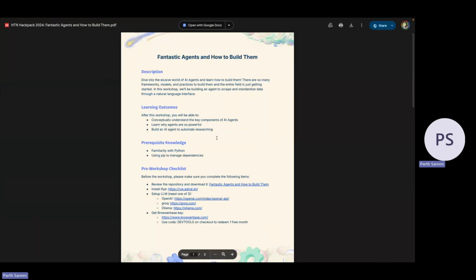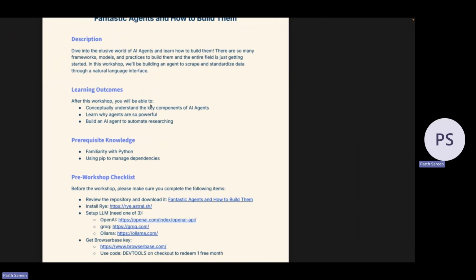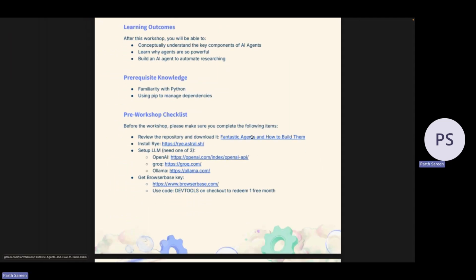Cool. So my plan is to walk you guys through the entire setup. If we spend a little bit of extra time on it, that's okay. But I want you guys to essentially be ready with everything. So first, we're going to just review the repository and what we're building, and then we're going to get into the setup of everything. The first thing is make sure you have your hack pack open, because that's what we're going to have for all of our links.